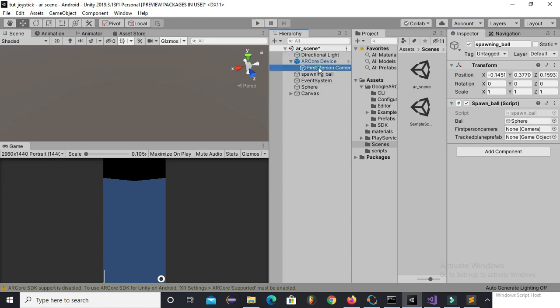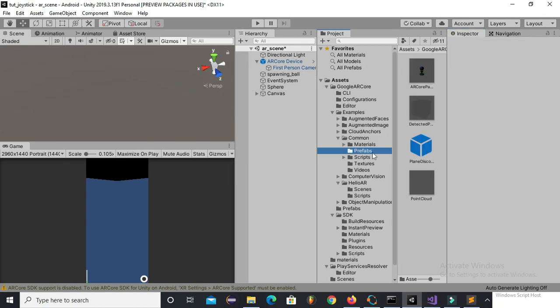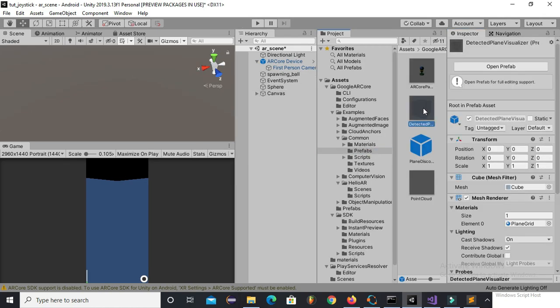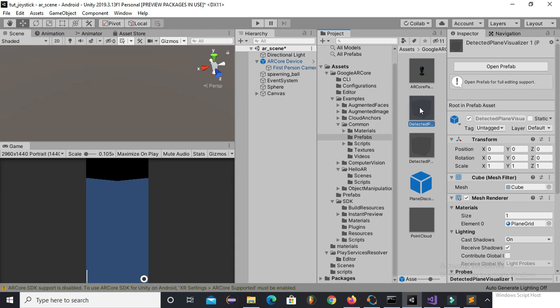Assign this first person camera here, and first of all we will go to the prefabs and select this detected plane visualizer, make a duplicate, and drag this duplicate detected plane visualizer to the prefabs folder.